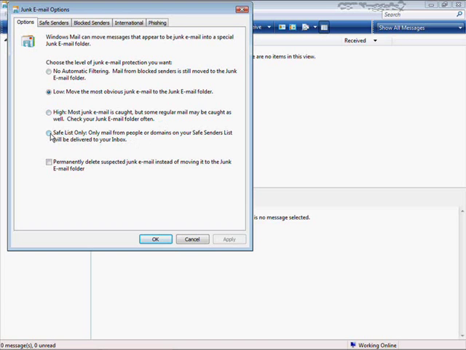Or you can do what's called a safe list. If you choose this option, you can literally say which individual email accounts and which domains are on my safe senders list. Only these are sent into your inbox. And sometimes when you subscribe to different services, or get into mailing lists, or join a particular group, and they're going to send you email from, let's say, yahoo.com or whatever, they may remind you, hey, you need to add us to your safe list so that you won't go to the junk email folder. So this is a good way to manage your client systems' junk email policy for